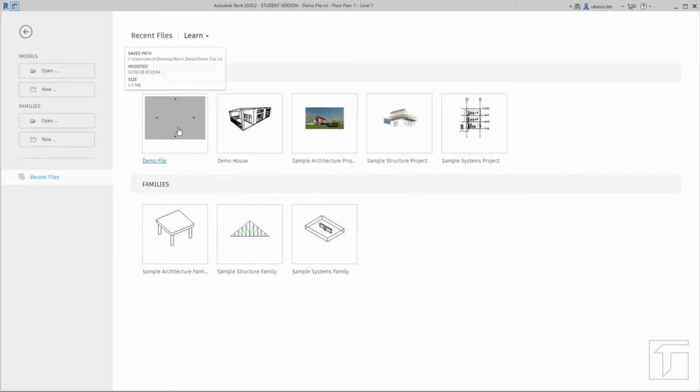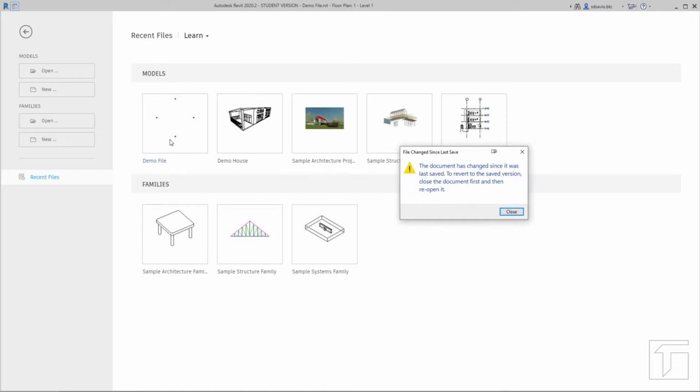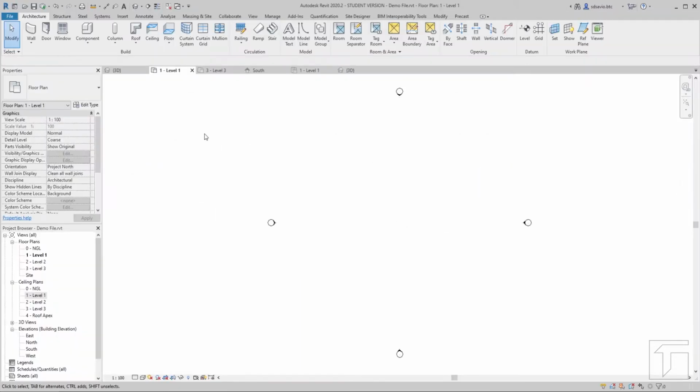So let's get on by clicking on this demo file here. So I'll just click on that. Okay, so once that opens, we can see now the Revit interface. So the interface here,